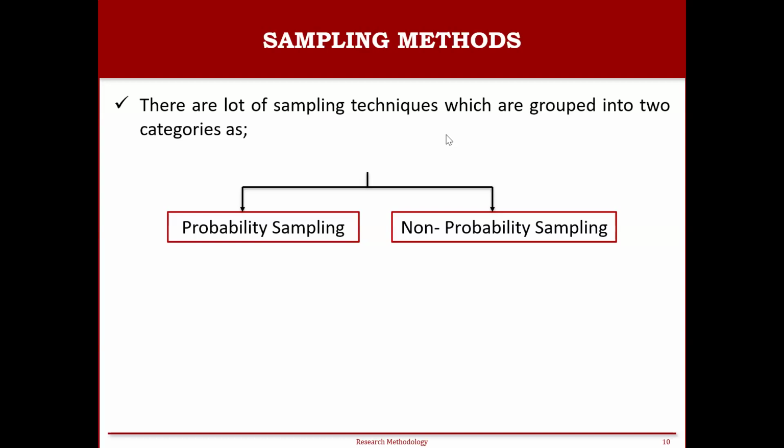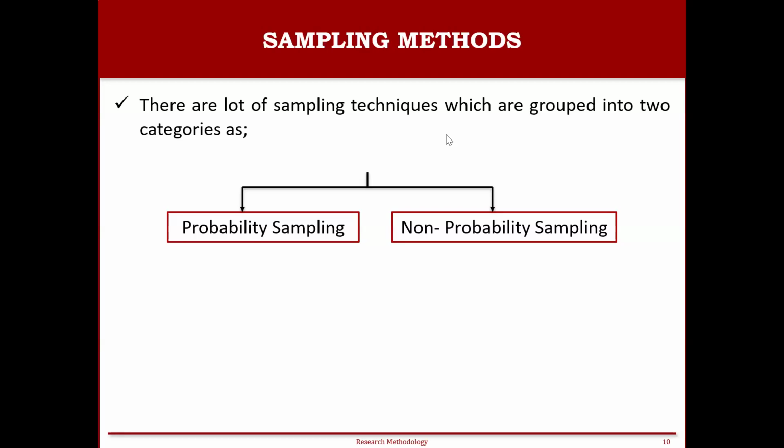But the selection of the sampling technique will depend on your research study. Based on your requirement, you can select either probability sampling or non-probability sampling. You can select as per your requirement in your study. So probability sampling means